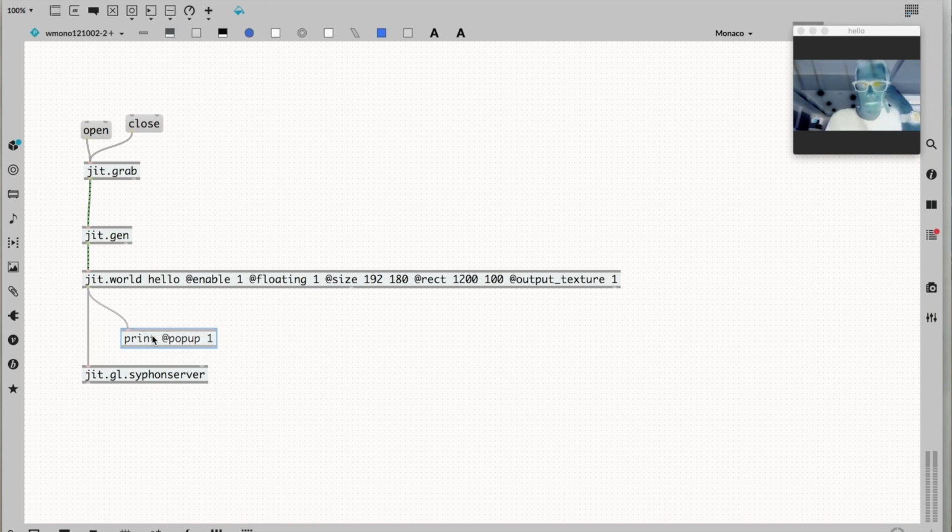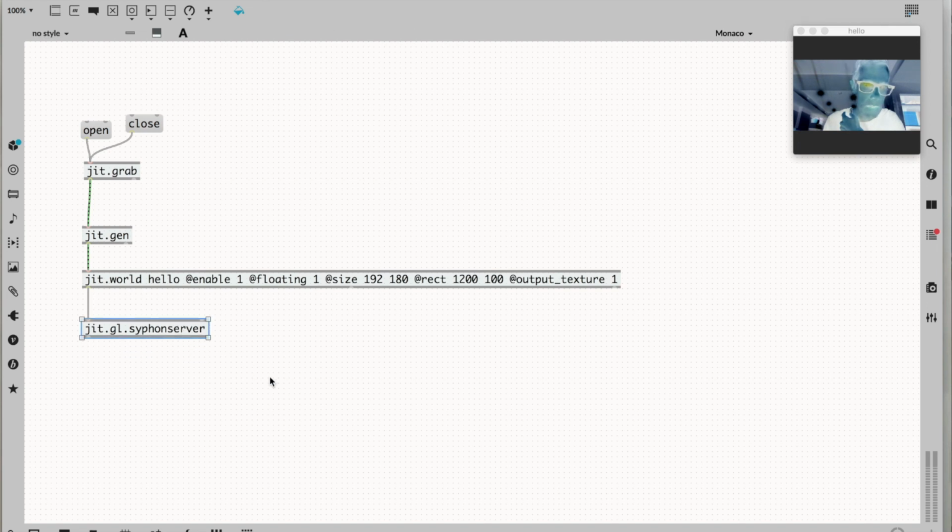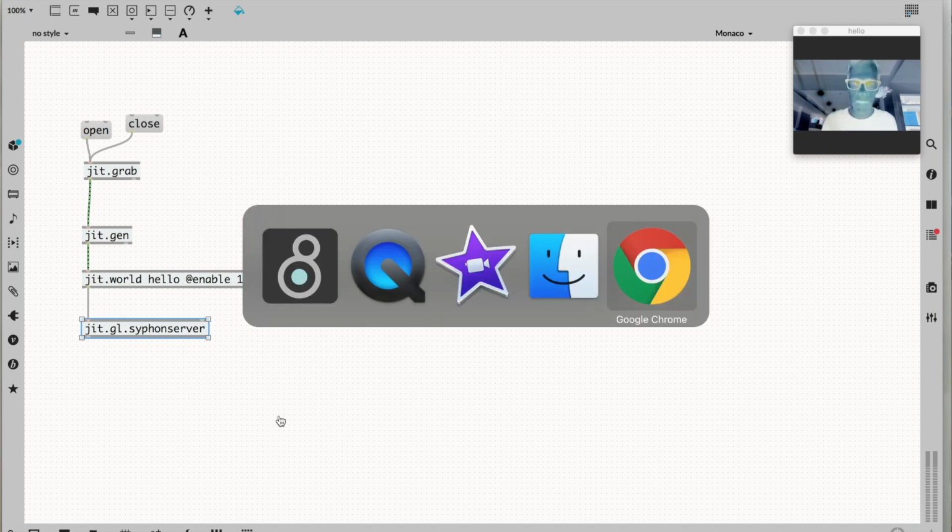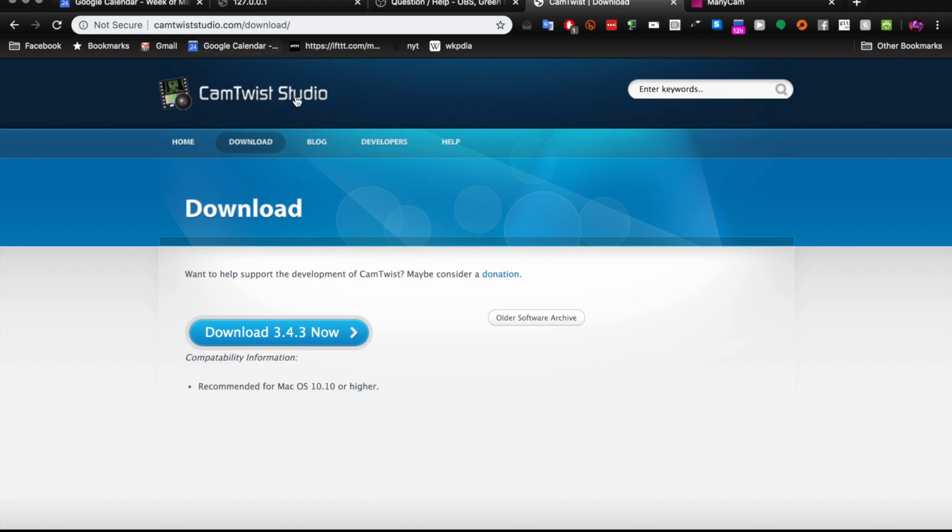The next thing we're going to do is use a third-party app that's going to take this Siphon output and then create a virtual camera, which we can use as the input device in our Zoom conferencing program. I'm working on a Mac today, so I'm going to be using a Mac application that does this. There's similar things in Windows if you are working on a Windows machine. The program that I found that was free and seemed to work just fine was this one, CamTwist, which is available at